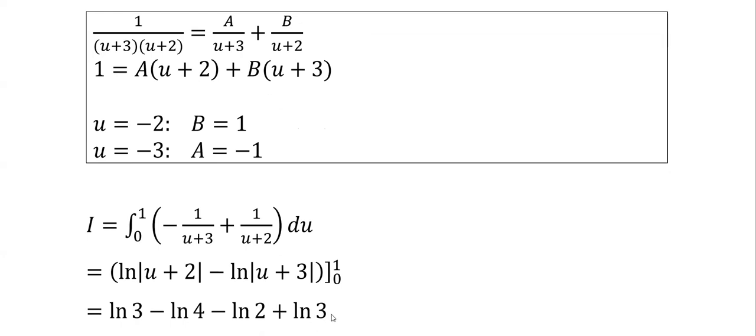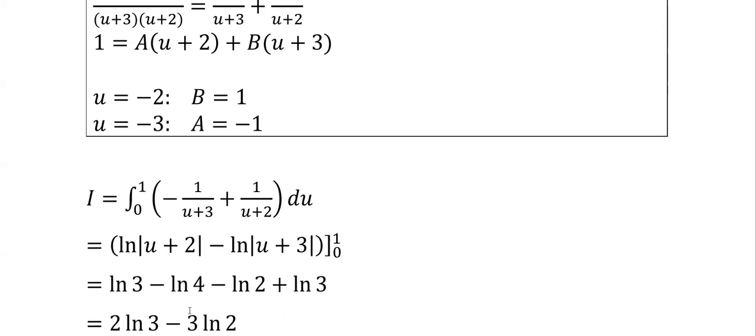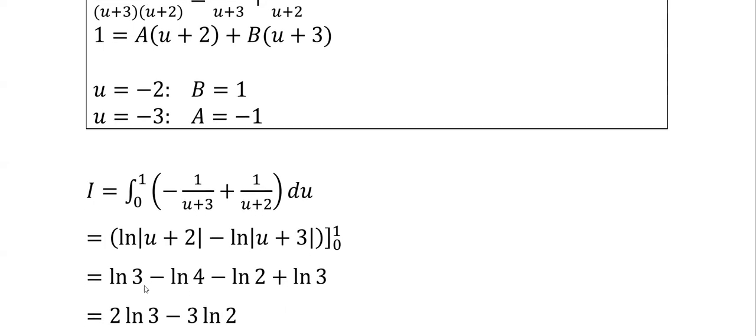But just to show you, you can combine all these, okay? ln 4 is the same thing as ln of 2 squared. By properties of logs, you can pull that exponent out. So 2 ln 2. So you have minus 3 ln 2, okay? And then ln 3 and ln 3, that's 2 ln 3, okay? You can move this actually back inside. So I kind of went roundabout, but